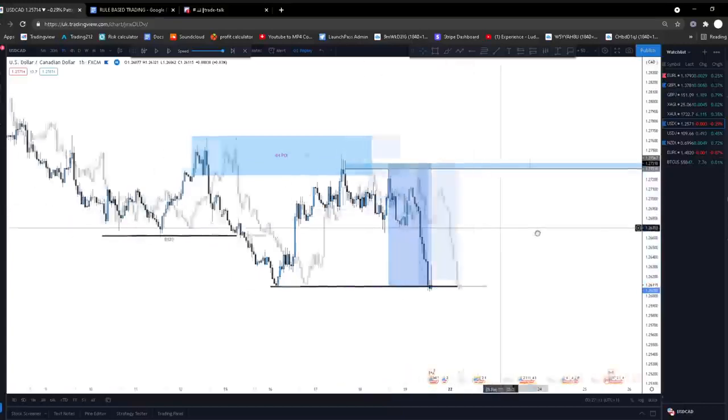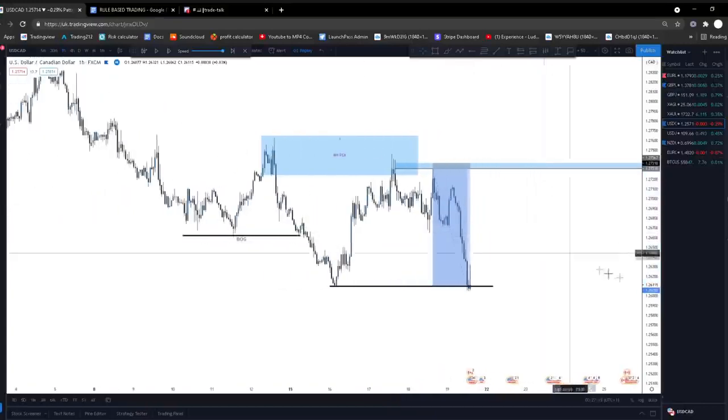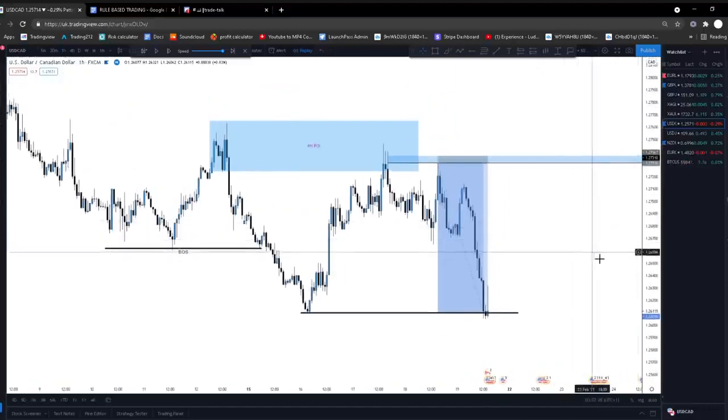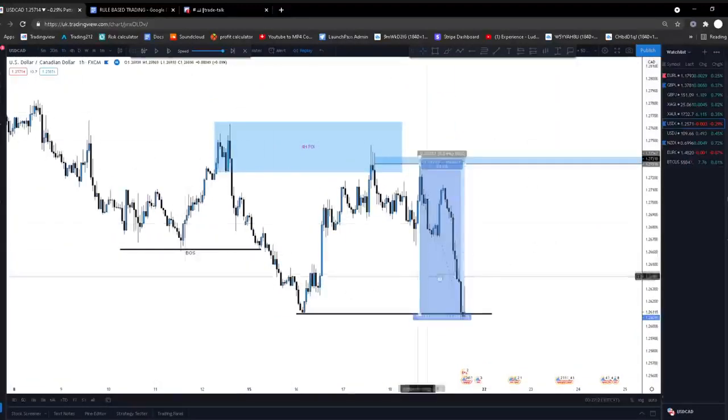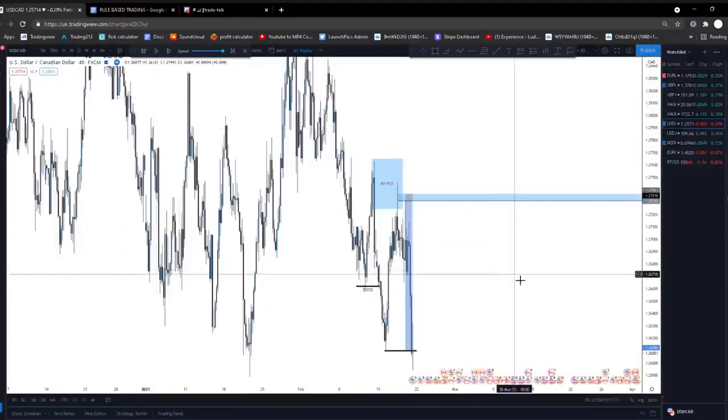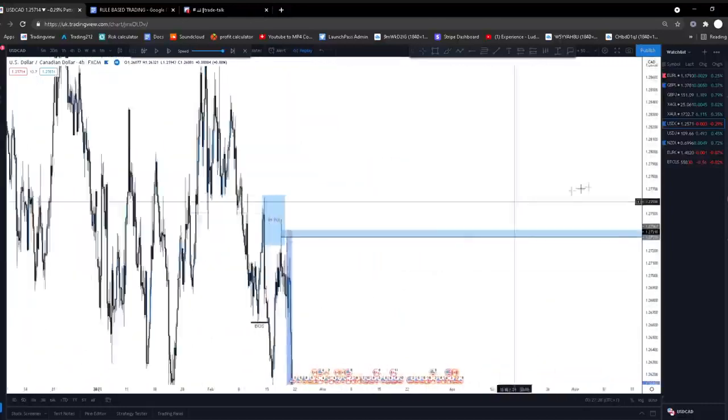So a simple setup. Respect your rules and follow your rules. Create a strict trading plan, and you will be golden. Right? These are the 3 rules that I follow. If I just go back to the higher time frames and I just show you, because it was somewhere up here. So if we just get our rules back, here we go.